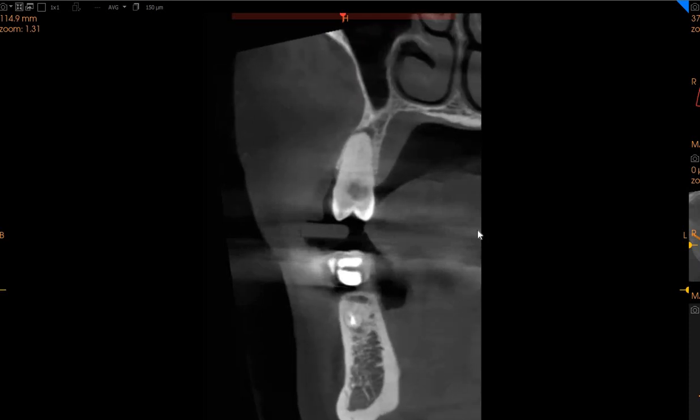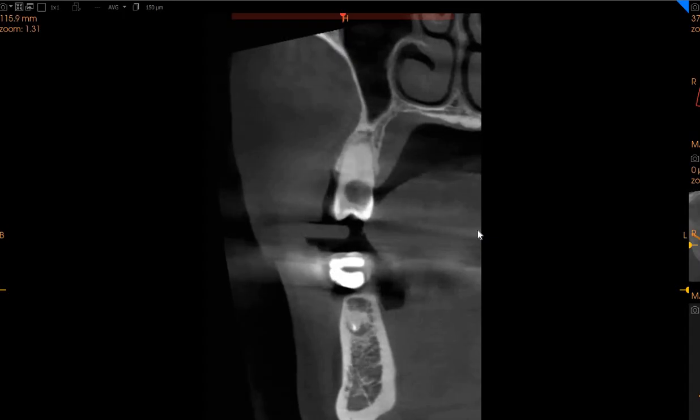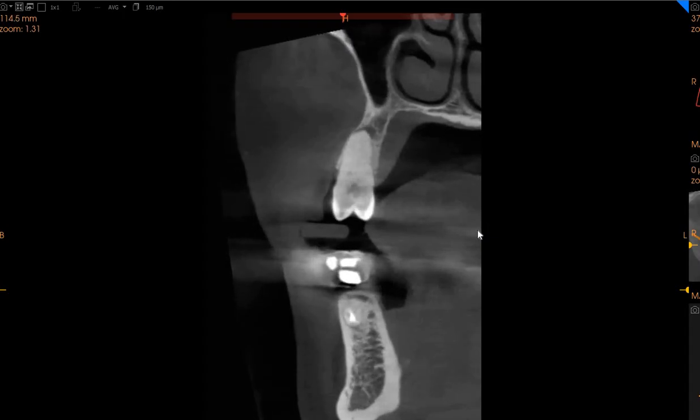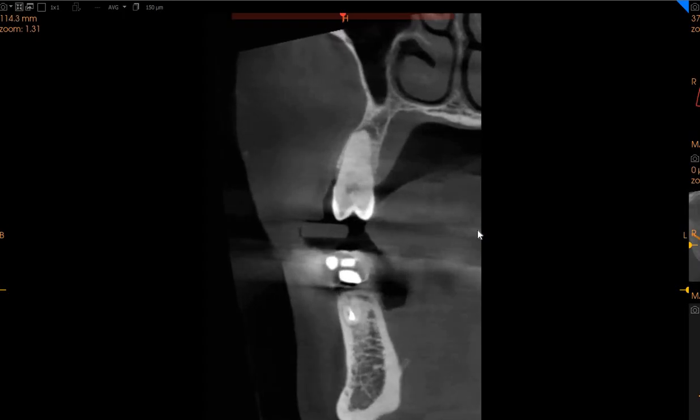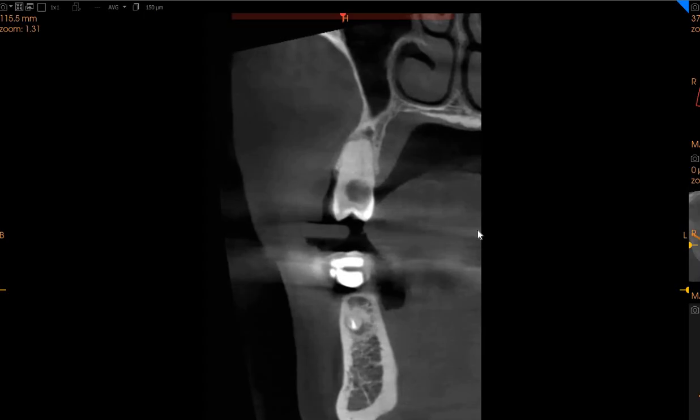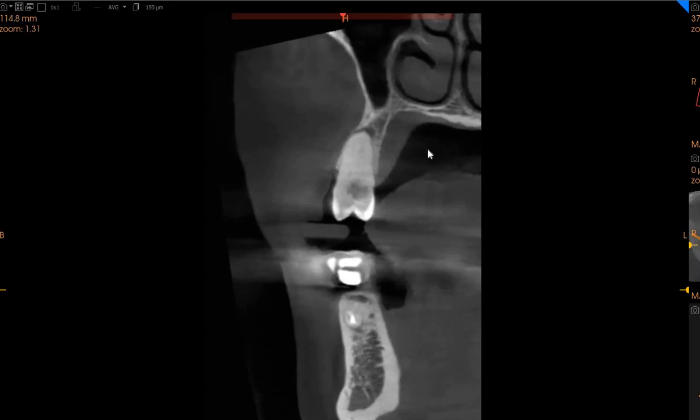is a grossly carious tooth. You can see that the carious nature of the tooth is quite significant. Most of the crown structure on the buccal as well as on the distal as well as on the mesial aspect is grossly carious. This tooth does not have sufficient tooth structure for a post and core and has an